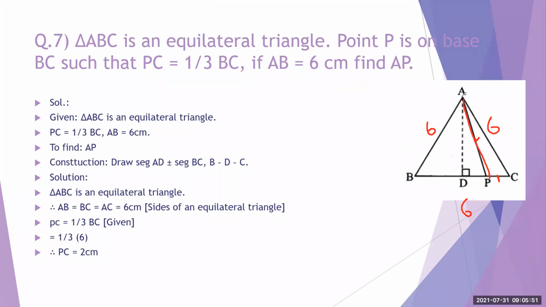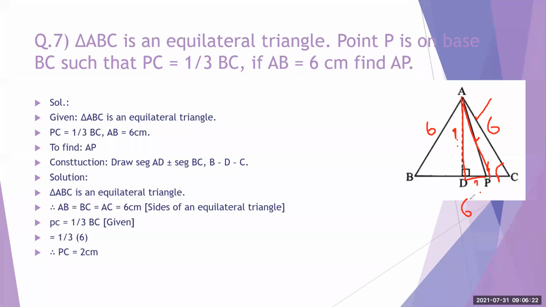तो ये कहाँ से मिलने वाला था? This we get from this ADP. इस triangle से आपको मिलता है. So for this what we required? For this we required AD as well as DP. तो हमने AD कैसे find out किया? This is 60 degree. We have used the 30, 60, 90 triangle theorem for this triangle. With the help of that, we have found out the AD. Then we have found out the next one, DP.